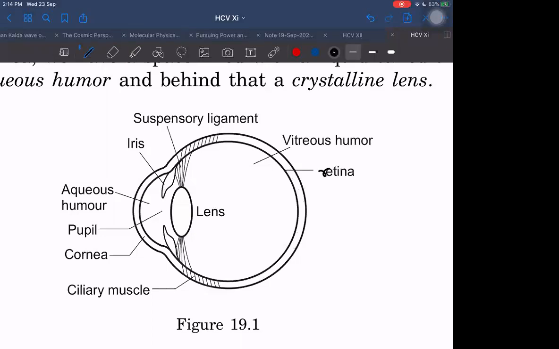If we don't want our retina to be damaged, then what should happen? The light entering should be of small intensity only, not of large intensity. Therefore, you may have seen that they say to wear goggles when we have to look towards the sun. Some special goggles we wear at that time, so that the high intensity light does not directly enter our retina.